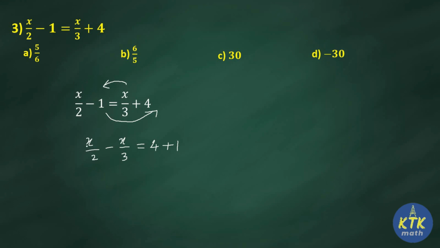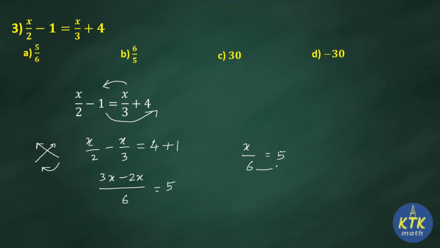With different denominators, I can use the cross multiply method or the LCM method. So 3 into x is 3x. 2 into x is 2x, by 2 threes are 6. I hope you know how to multiply. This is the first step multiply, second step multiply, and then third step multiply. So 3 into x, 3x, minus 2 into x, 2x, by 2 threes are 6. Denominators also you should multiply. And on the right side you got 5: 4 plus 1 is 5. So what is 3x minus 2x? 3x minus 2x is 1x. So nothing but x by 6. x by 6 equal to 5.